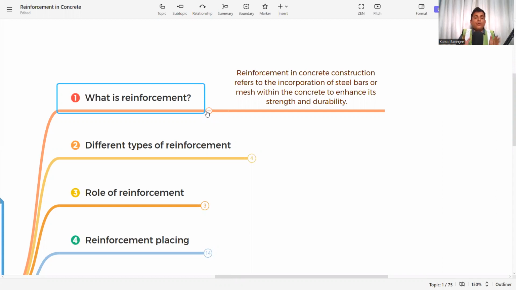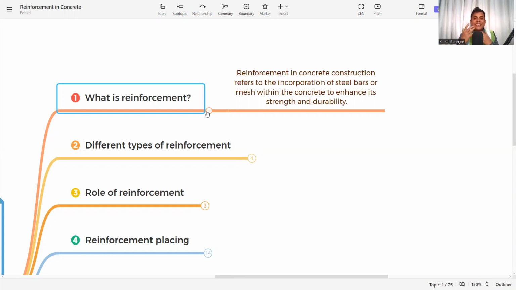Now, we need to know why reinforcement is required in the concrete. Whenever a concrete member is subjected to an external load, then compressive stress and tensile force are both developed inside this member. Now, the concrete has a good amount of capacity to withstand the compressive stress, but it has negligible capacity to withstand the tensile force. If we do not add any material to withstand this tensile stress, then it will break.